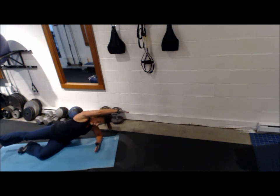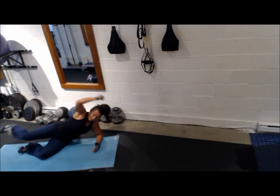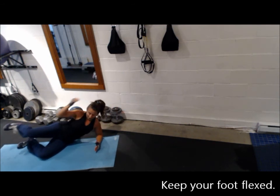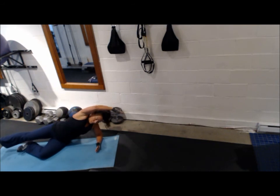We're not only lengthening and folding, but we're actually pulling up towards the ceiling. Nice deep breath and squeezing up. Keeping that foot flexed. Really try to just balance on your hip bone. Don't put a bunch of weight on the mat. Balance on the hip bone and squeeze up. Go for 8, 7, 6, 5, 4, squeeze up, 3,